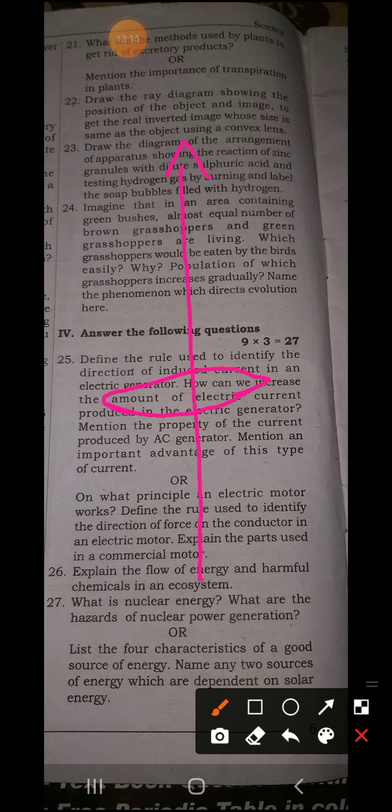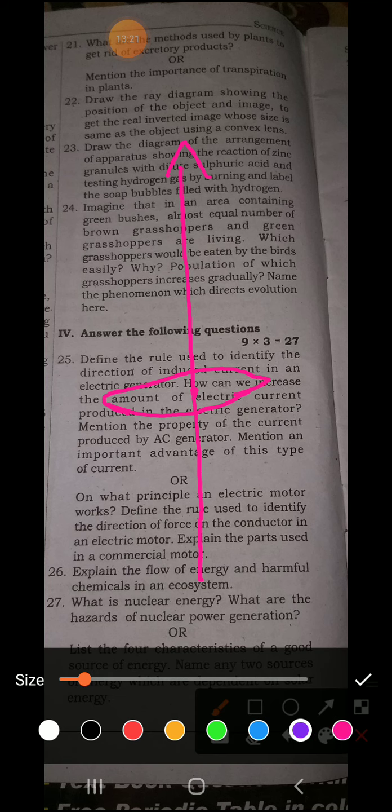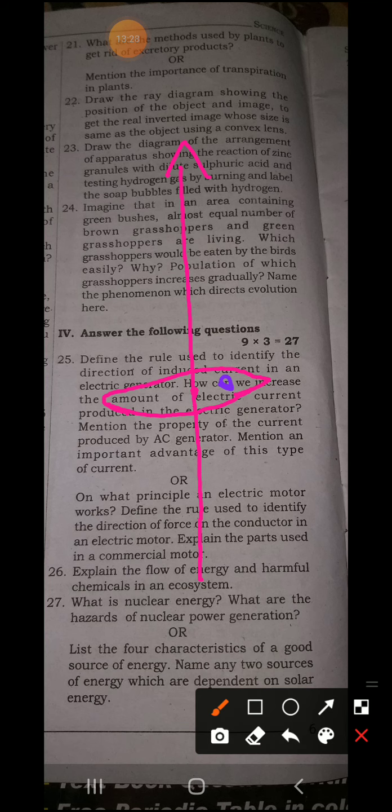Principal axis, and this is the center of the lens, which is called O. Use a different color. Then there's an object you need to draw. You need to draw the object of the same size. Here you need to write this is F, this is